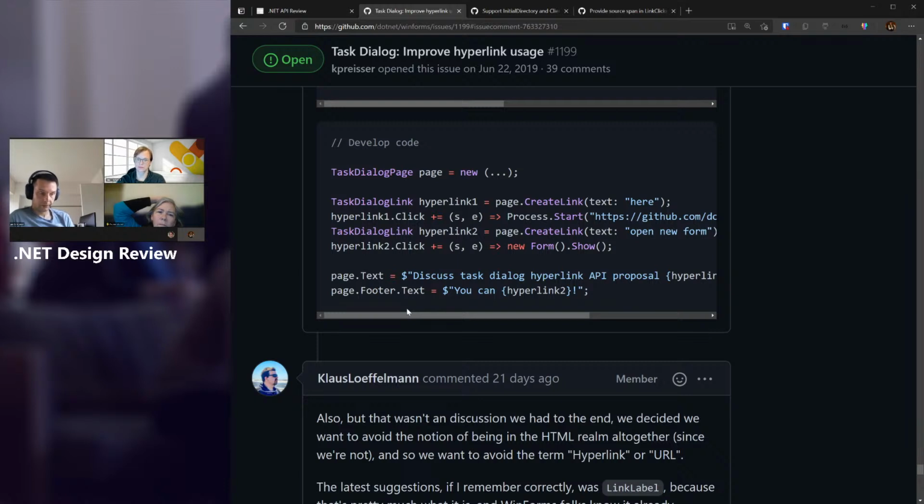I have a hyperlink, which as a developer I treat as an object, but the click event doesn't belong to the hyperlink on which I clicked. It belongs to the page on which that hyperlink exists. We could have avoided that and had you just handle the task dialog page link click event, and then you don't have all these ceremonies. But the feedback we got from users was that it felt disjointed.